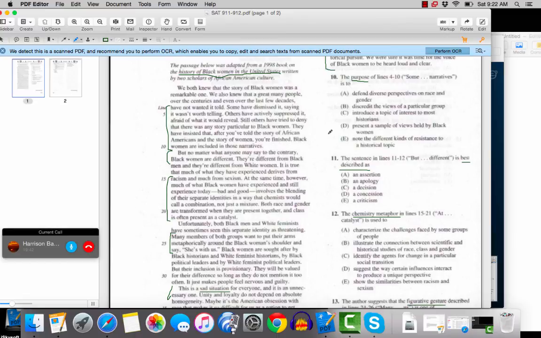In your mind, what's the purpose of these lines? Why are they here? What are they doing? To show that